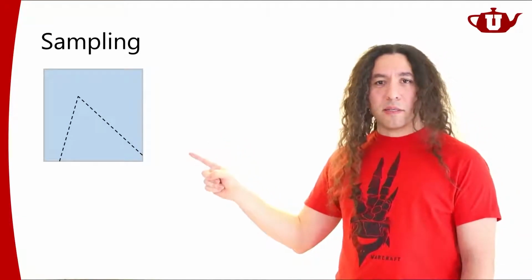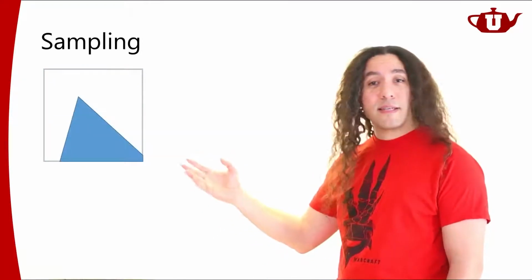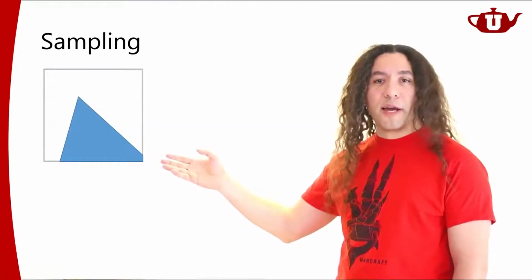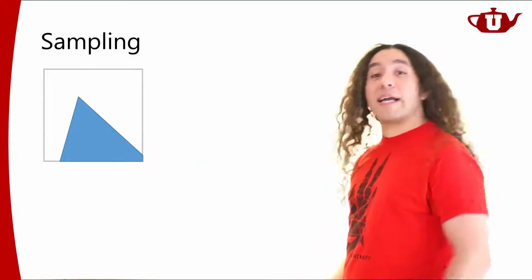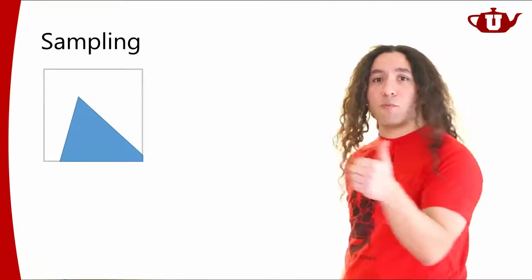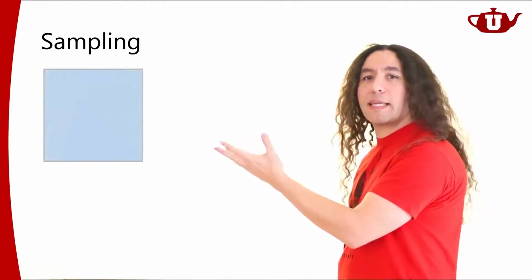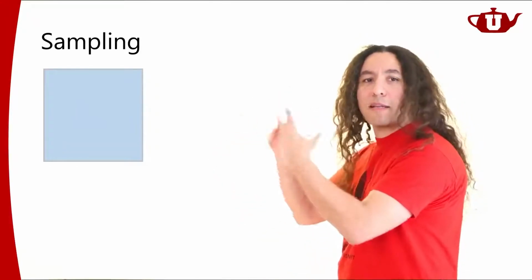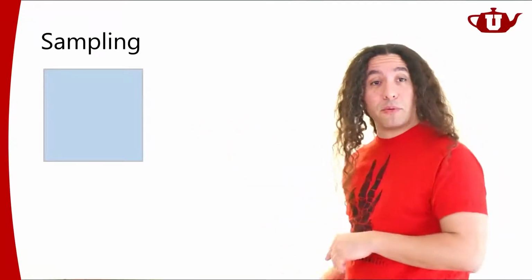Now, in this pixel, as you can see, a part of it is covered by one of our triangles. The rest of it is our background color, right? But I need to pick a single color to represent this because I have one color per pixel. So a representative color for that pixel would be something like this. Overall, a representative color for that pixel. So the whole point is, how are we going to compute this?